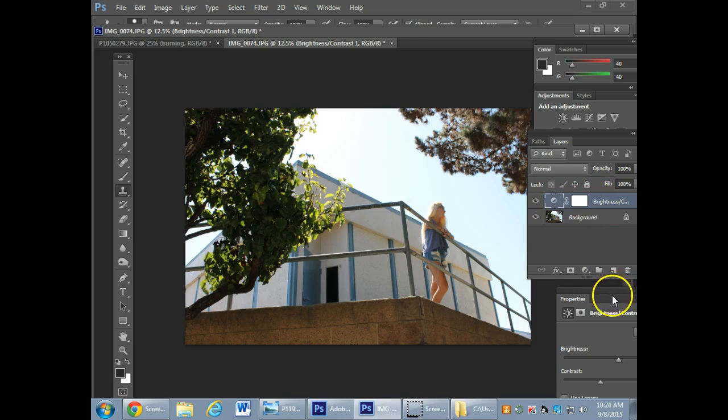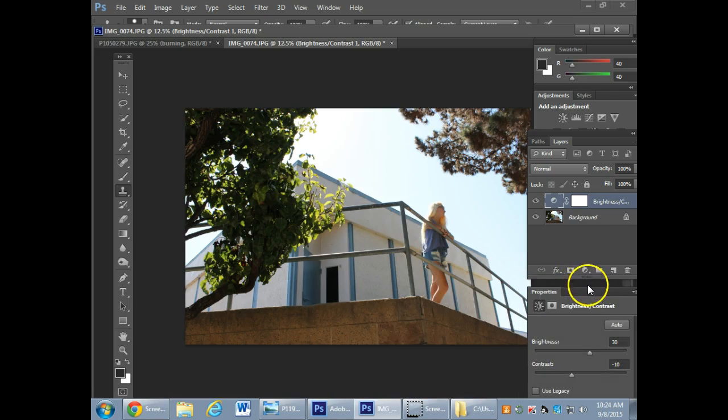Just by clicking on this again, that property window will pop up, so you can change the brightness and contrast. Now in this picture, we can also come in and do the same thing with our